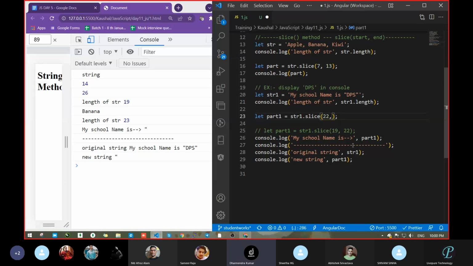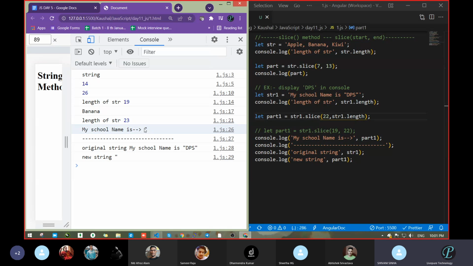After 23, you can pass any value. str1 dot length. What is the length? 23, the total length. Automatically, it is taking you to the last value. Clear?